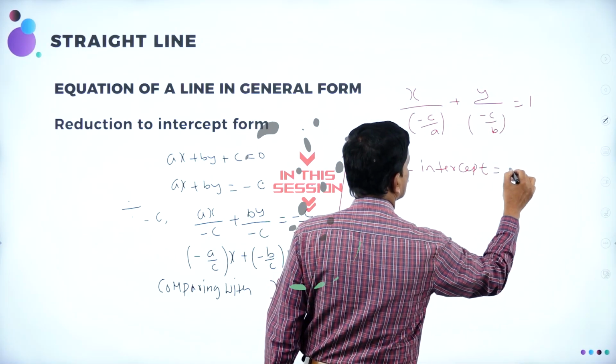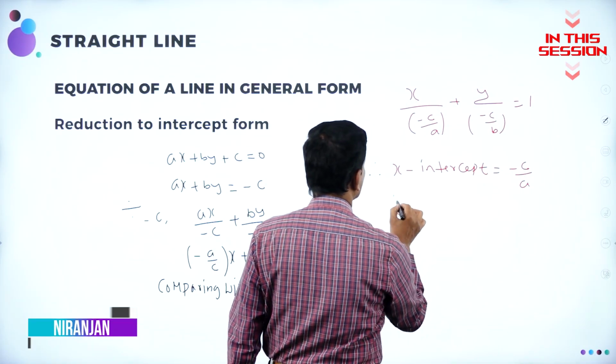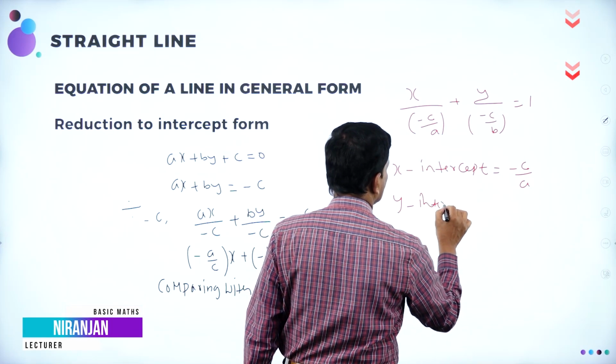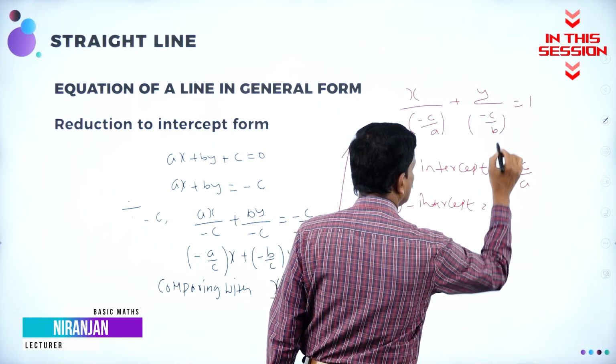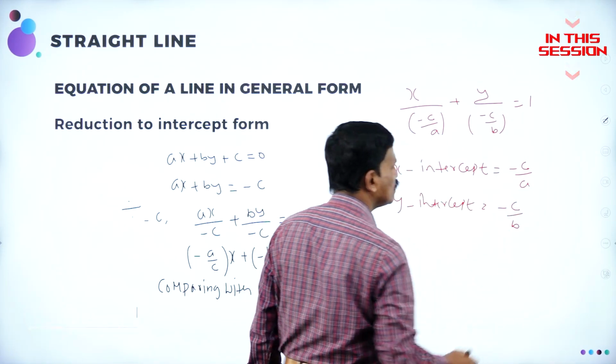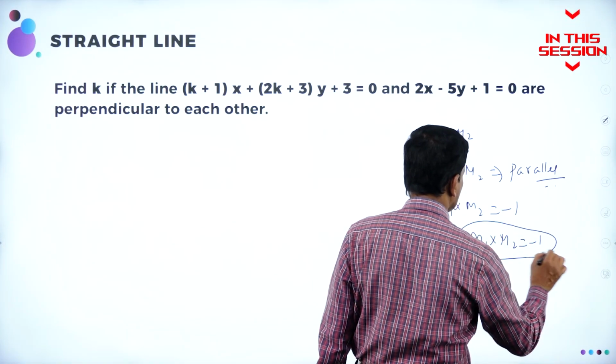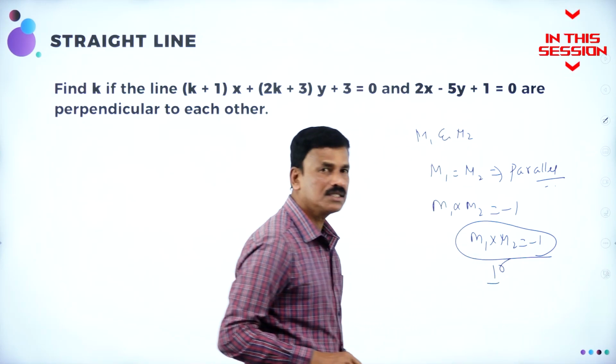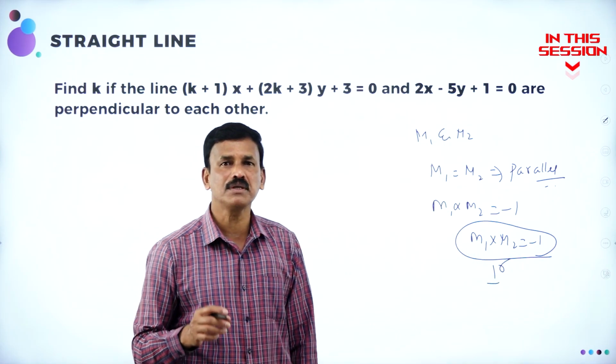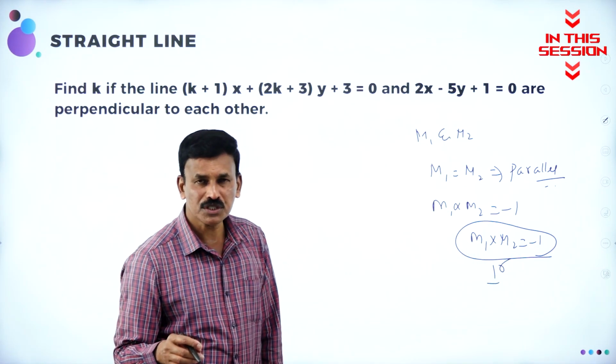The x-intercept of the line is equal to minus c by a, and the y-intercept, what is the y-intercept from this? The y-intercept is equal to minus c by b. m1 into m2 is equal to minus 1 means they are perpendicular to each other. Hence the condition for the two lines to be perpendicular to each other is that the product of slopes is equal